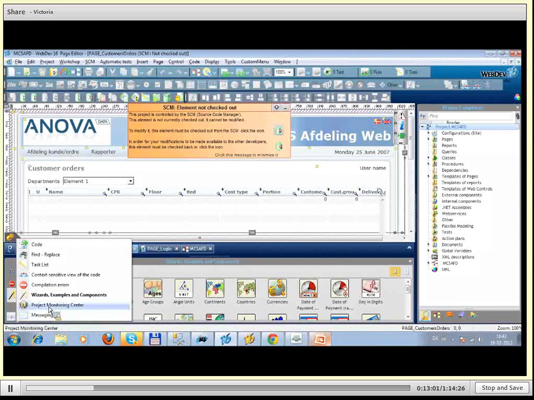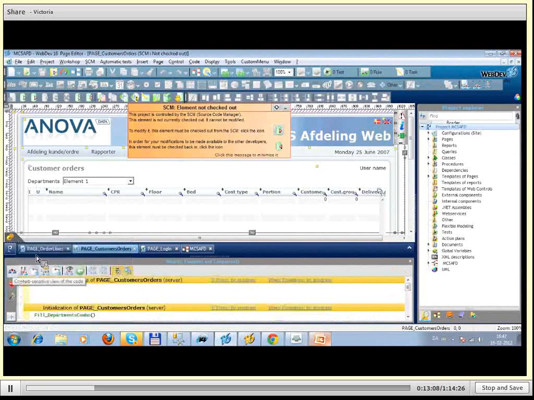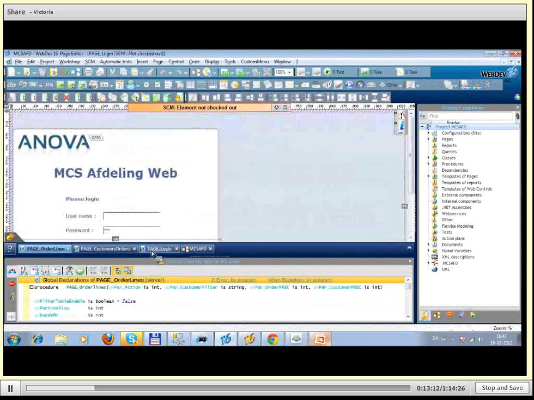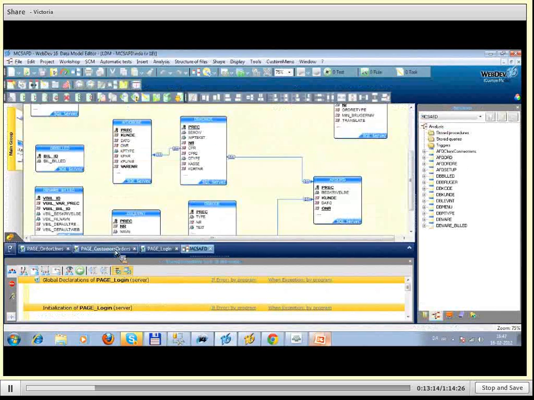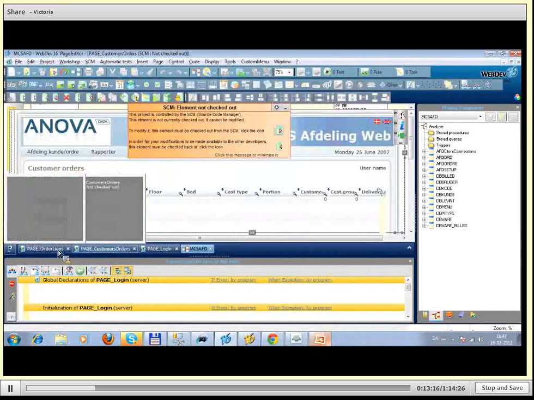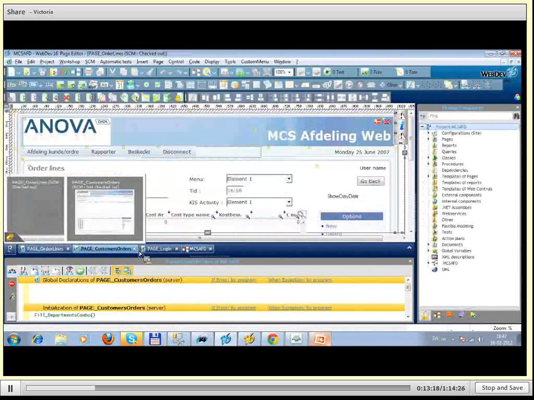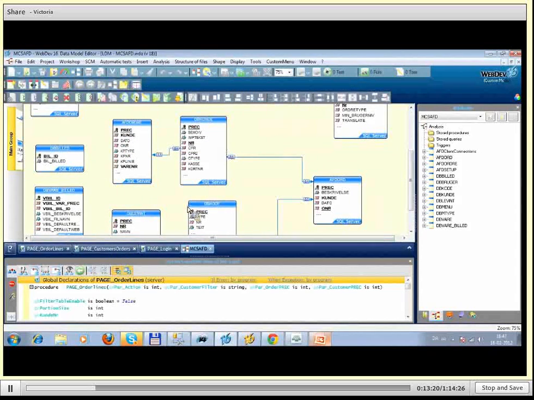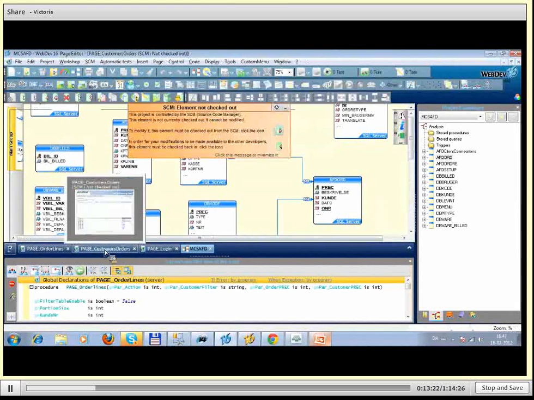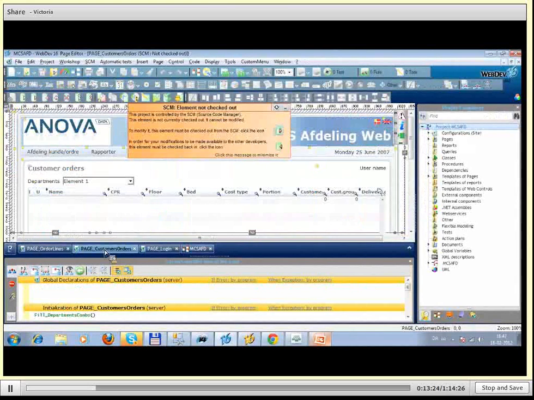And Project Monitor Center and messaging, and the one that I use normally. Here we have the list of all the elements that we have open, like pages and the analysis. So this is basically the basic. Those are the elements of the project